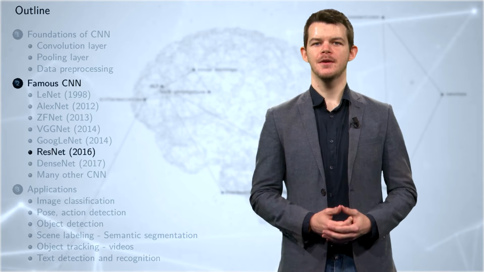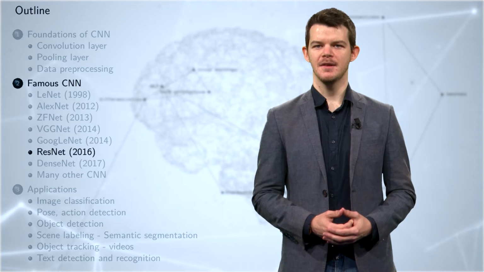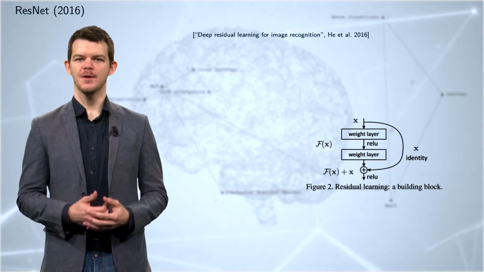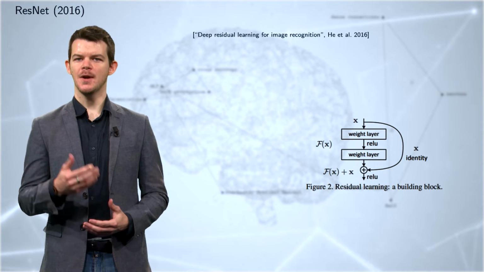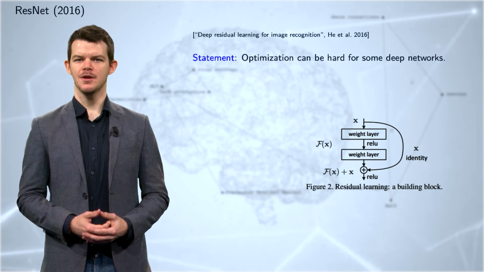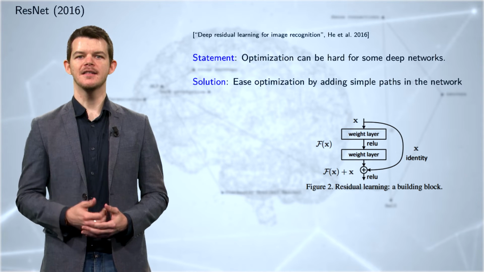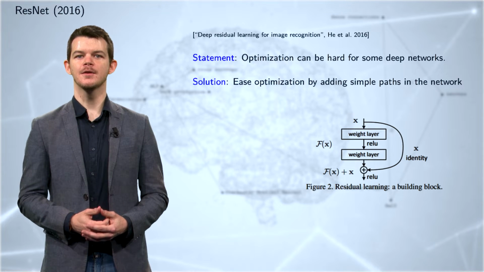Now we talk about another CNN named ResNet, designed in 2016. The fundamental paper of ResNet is here. The original idea is to improve optimization, which can be difficult for deep neural networks. This is done by adding simple paths in the network so that the gradient flow does not vanish in the